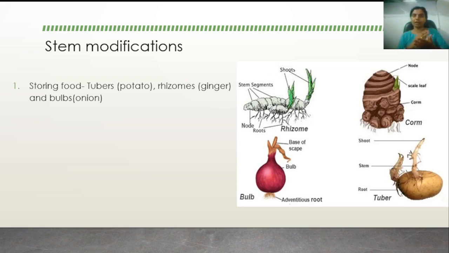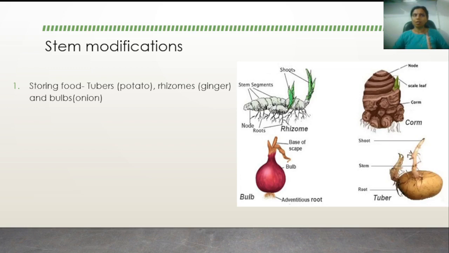So when we cut an onion, the white part at the base from where the roots come out is actually the modified stem. It's actually a reduced stem, reduced to form a disc. It is not the typical long stem, and that is why we learn it under stem modification also. Another example is garlic, where it forms these fleshy garlic bulbs, and there also you can see the reduced stem. Now we have another structure over here, that is the corm.